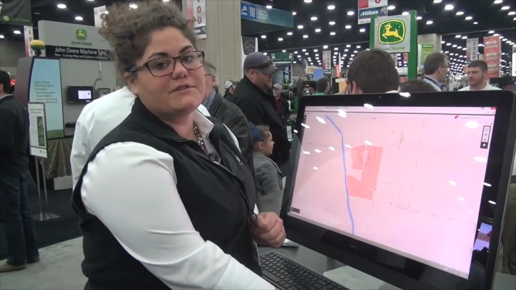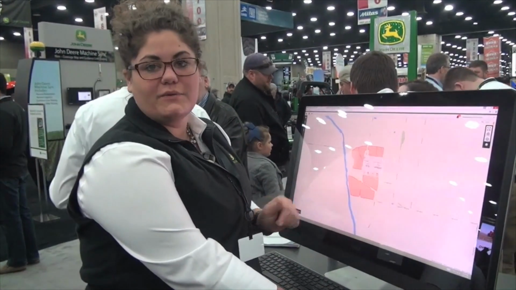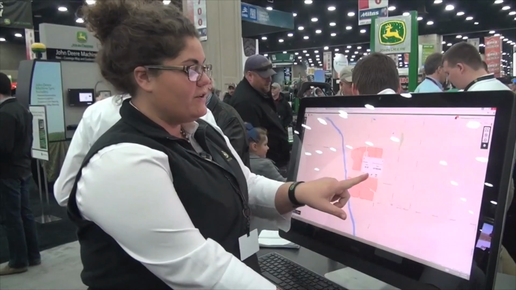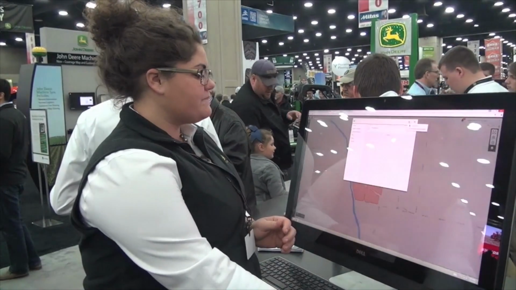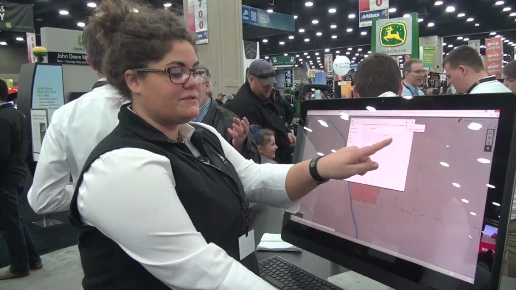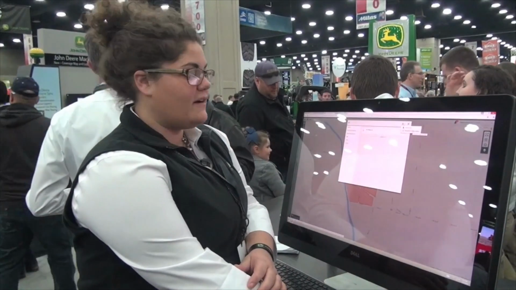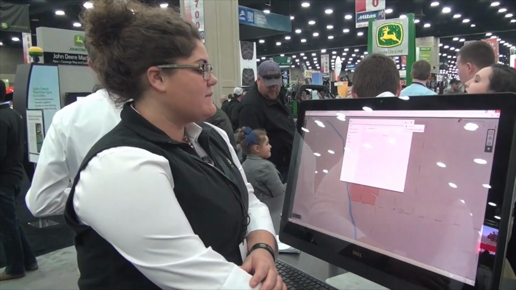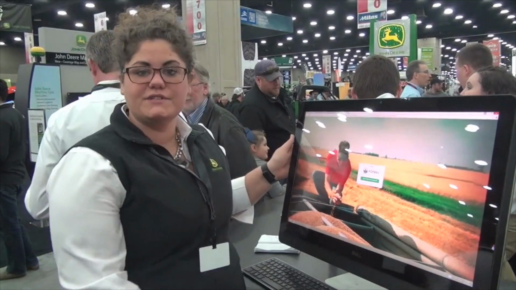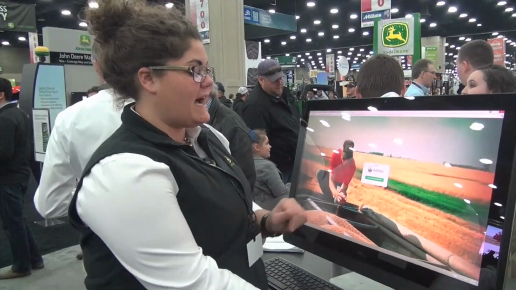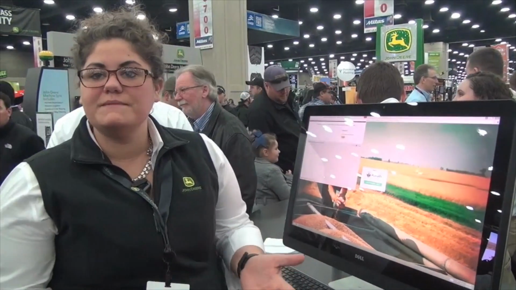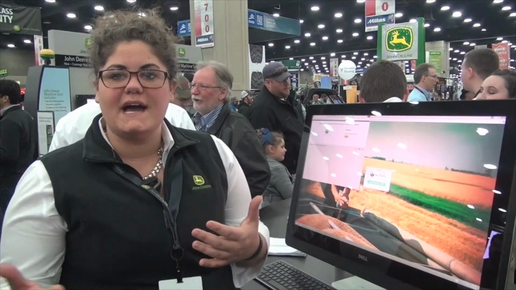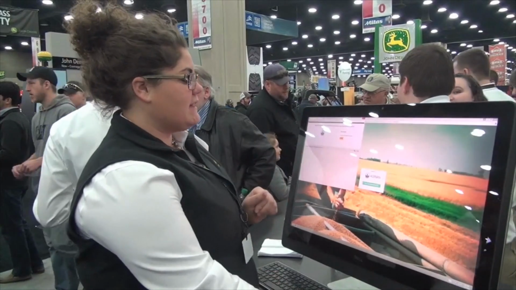So to access the prescription writing tool, you'll click on the field that you want to create the prescription for. You'll go to the Jobs tab, and what that's going to do is populate the prescription writer up here on the upper right, and that's going to pull through to the Agrian tool. Now, Agrian is going to access this information through your My John Deere account, and it's going to prompt you to say, will you allow this access? After you click allow,